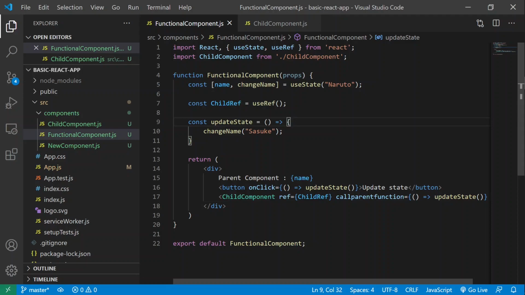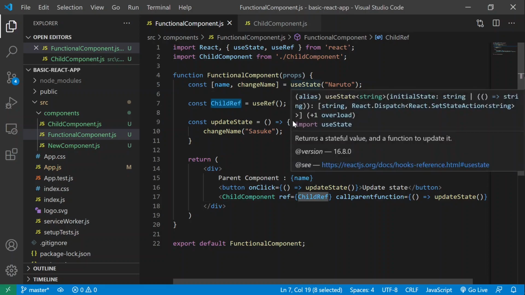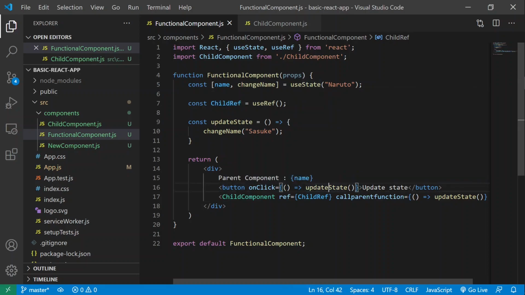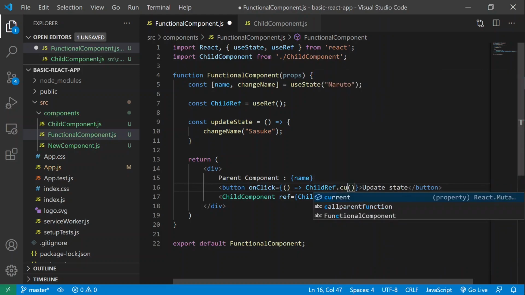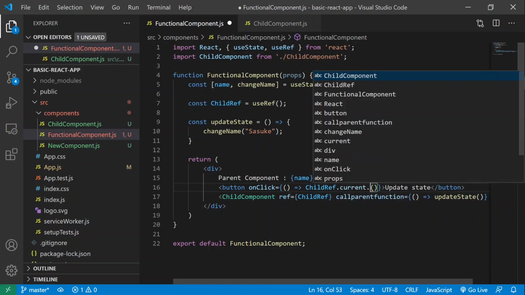Now in order to call the exposed function from the child component, we have to use this childRef. What we are going to do is trigger a function of the child component from this parent component's button. So here we write childRef.current.childFunction, the name of the function which we have exposed in the child component.